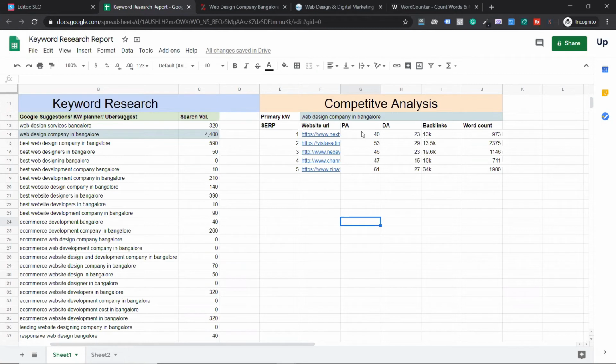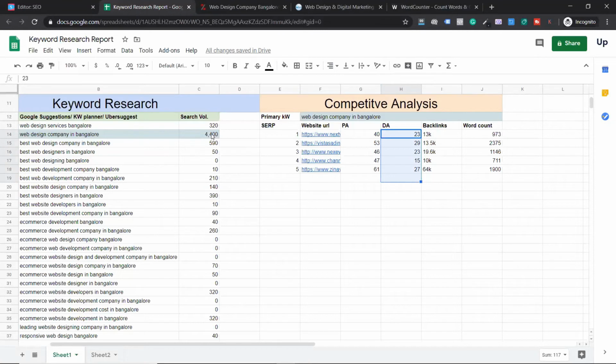By looking at it, I can say the people doing SEO for this company are not doing very great. Homepage is not the best option to rank. Please know that your homepage should not rank. All the five websites I see are ranking their homepage. Very good to see their authorities. It's not a big deal to get page authority because they have like 13,000 backlinks on average. So page authority is poor, so it's not a very competitive keyword.